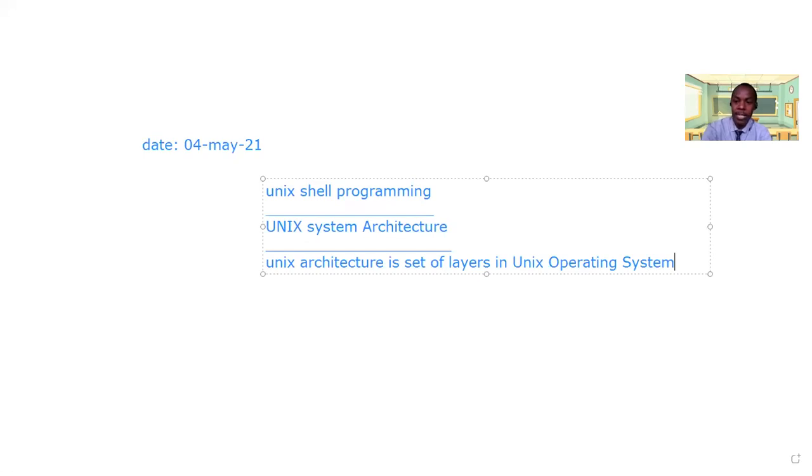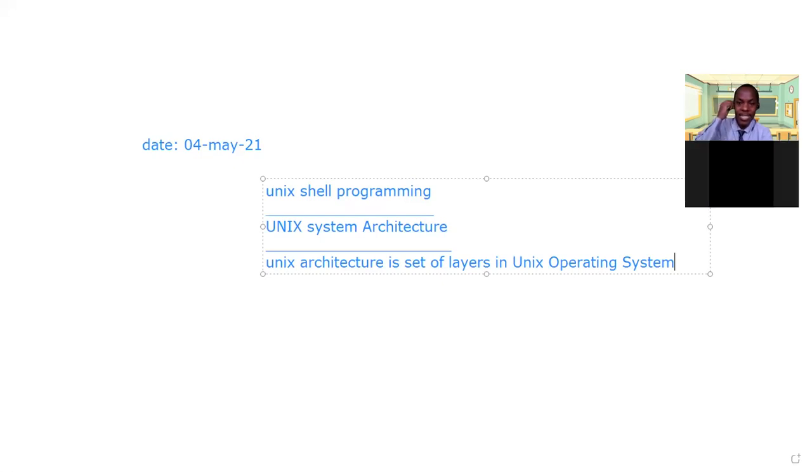What is a kernel? We have seen it in the previous class. It's the heart of the operating system, the heart of the Unix operating system. So the kernel means the center or origin. Any program, all these layers which we are going to focus on,